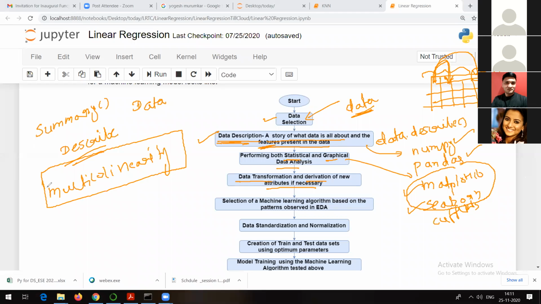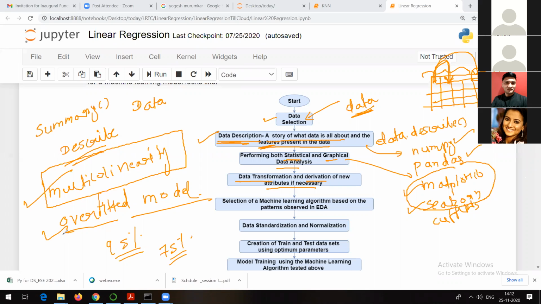If it is present, then you will get the model definitely, but your model is going to be an overfitted model. What do you mean by an overfitted model? An overfitted model is a model which gives you good accuracy at the time of training, maybe for example 95% accuracy for training data, but for testing in real time it might give you less accuracy, maybe 75% or 80%. That kind of model is called an overfitted model, and we do not want an overfitted model, and that's why it is really necessary to check for multi-collinearity.